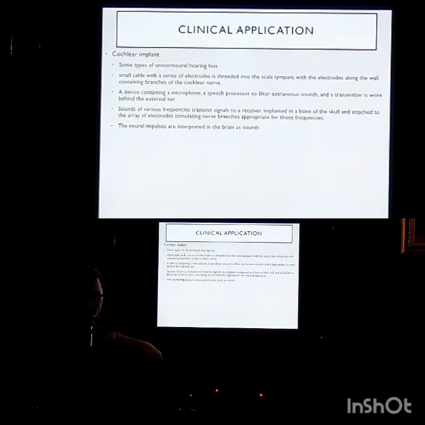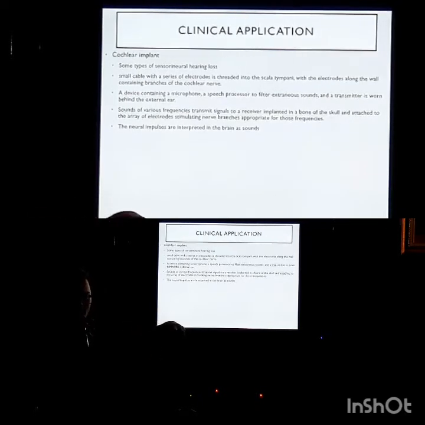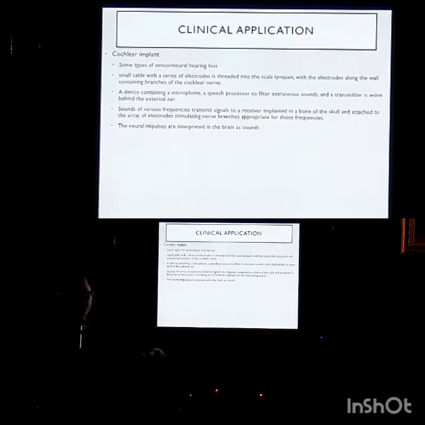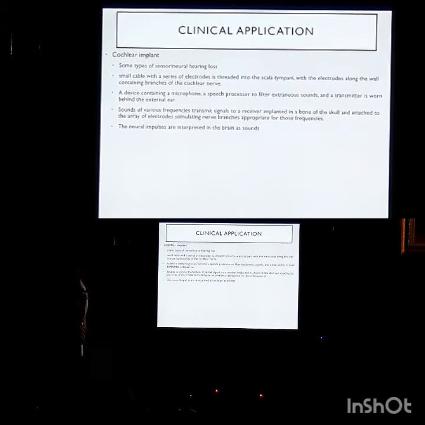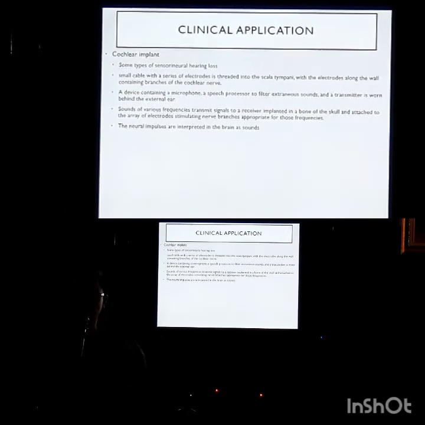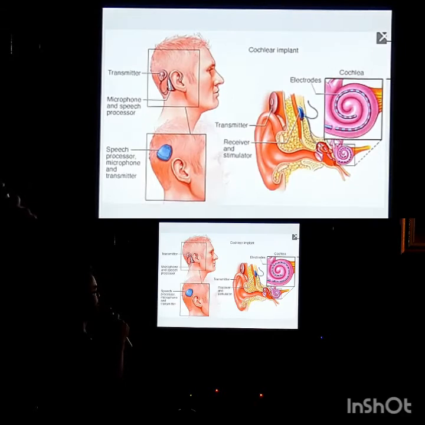Different frequencies of sound stimulate different electrodes maximally, and thus produce better sound amplification and better frequency selection, okay, compared to a traditional hearing aid. So this is what a cochlear implant looks like. If you can see here, this is the receiver. So how do you do that? Usually,